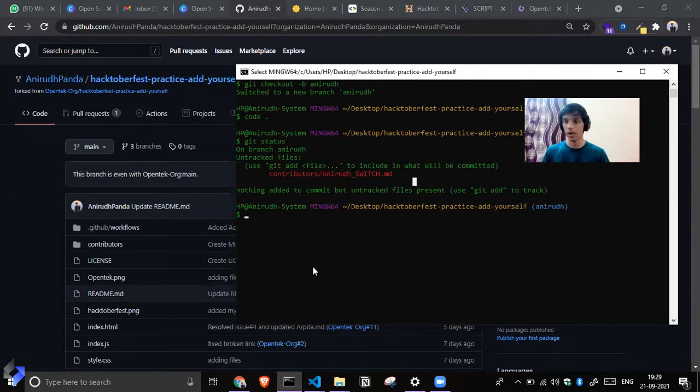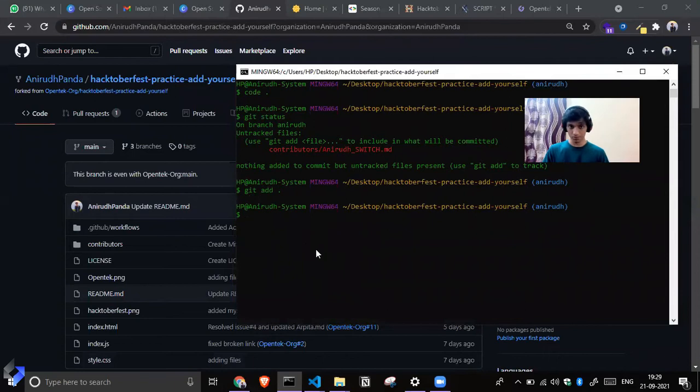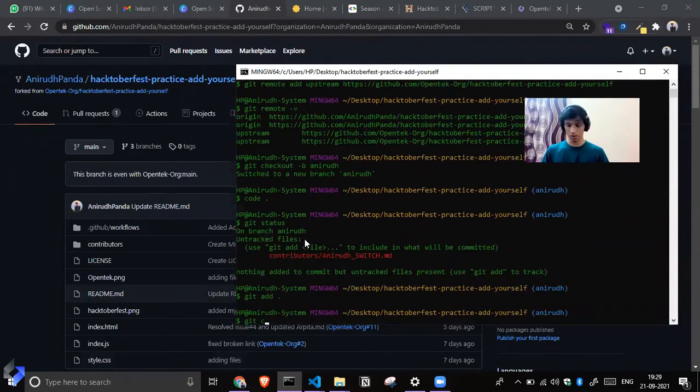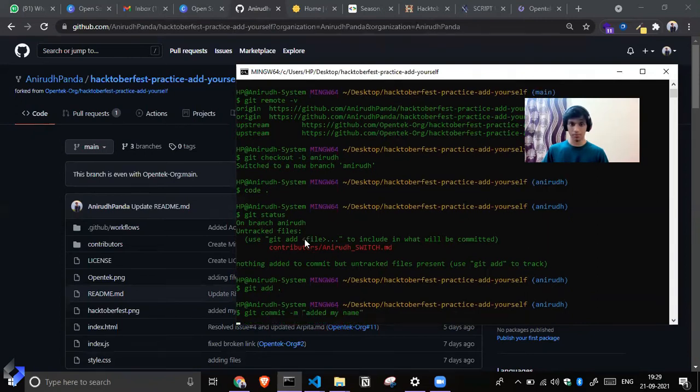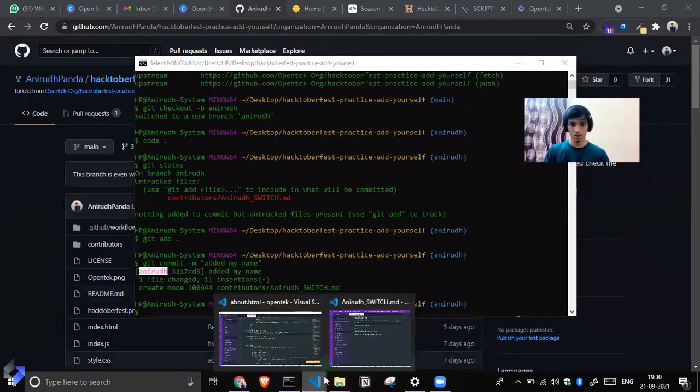So after this, what we have to do, we have to add it. We'll use the command git add, git add space dot to add everything, and we'll commit it with a good commit message, that is added my name. Now you can see we have one file changed, and we have a new SHA value of 7 digits, and this is our commit message, and we have done it in Anirudh branch. So now if we go to the main branch,